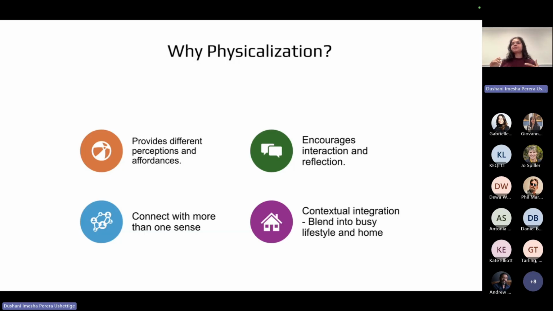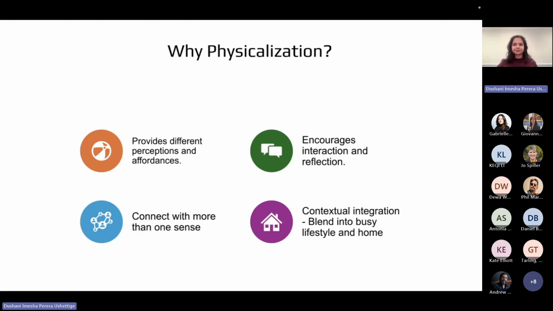So for example, if the house has wooden furniture and white walls, maybe you can design an object to show data using a wooden object. So it nicely blends in and doesn't stand out. If it was a screen, it might stand out and distract you from your daily activities. But it could just blend in and be in the background without actually coming into the main focus.